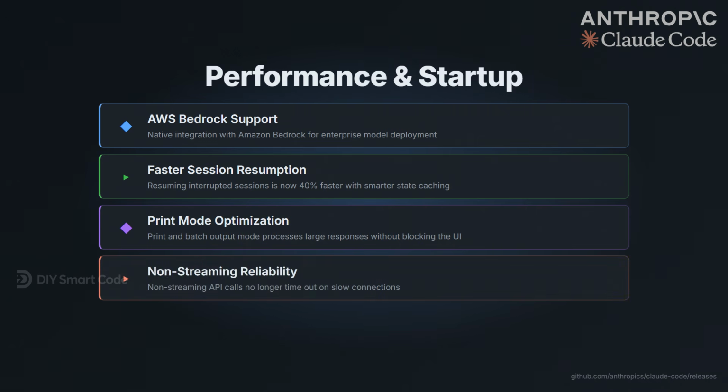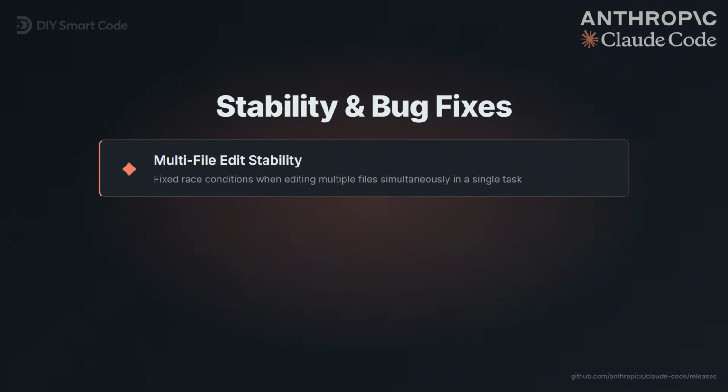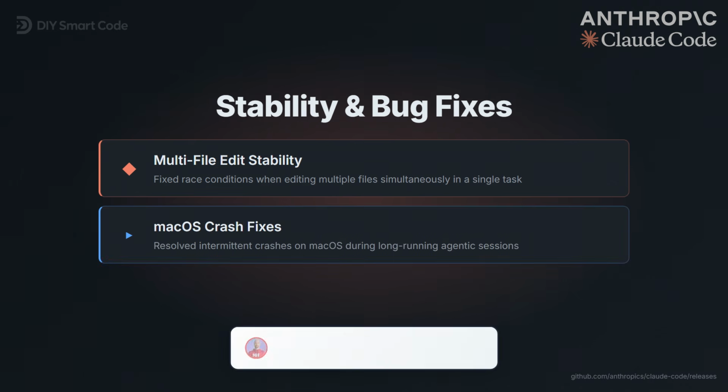The non-streaming fallback jumps from 21,000 to 64,000 tokens with a 5-minute timeout, and WebFetch uses less peak memory on large pages. Multiple concurrent sessions no longer require repeated re-authentication when one refreshes its OAuth token. On Mac, Claude Code no longer hangs on exit, and the caffeinate process now terminates properly, so your Mac can